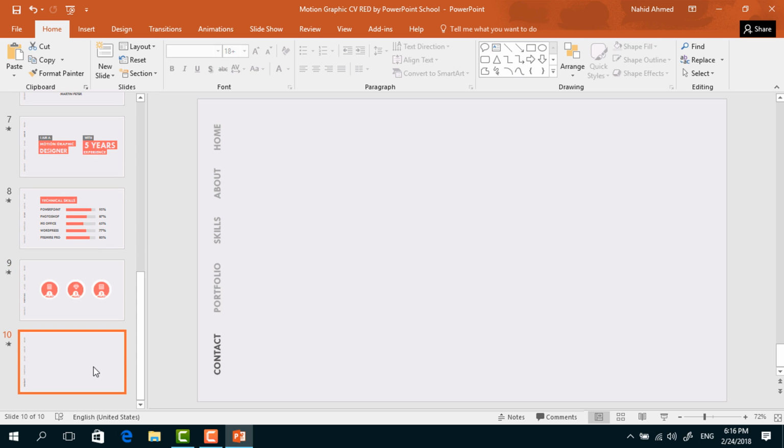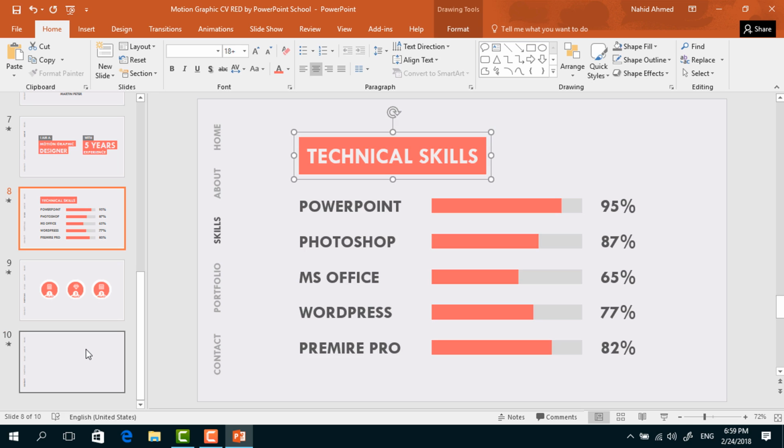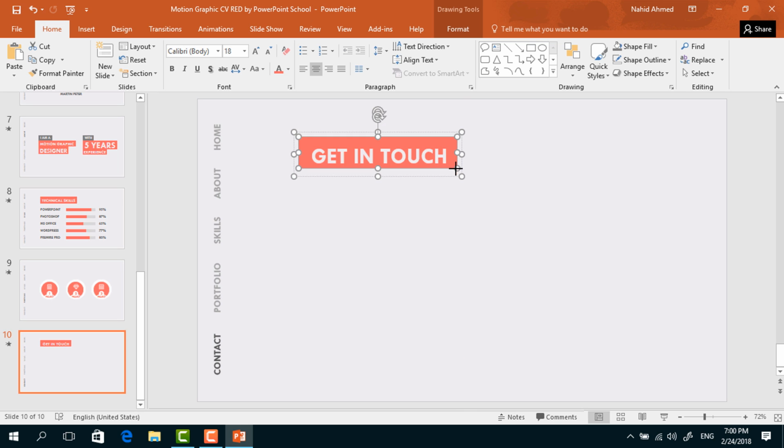I'm in the contact one. For this slide, I'll go back to here, select this group of elements, press Ctrl C to copy and press Ctrl V to paste. Change the text, decrease the size of the text box and the rectangle. Place it here in the middle,